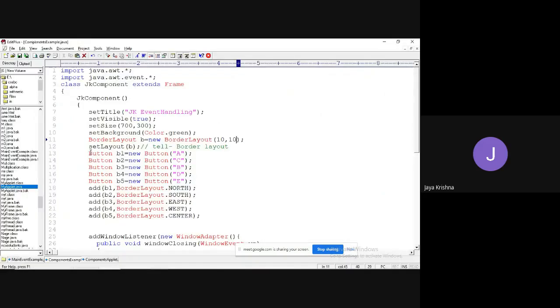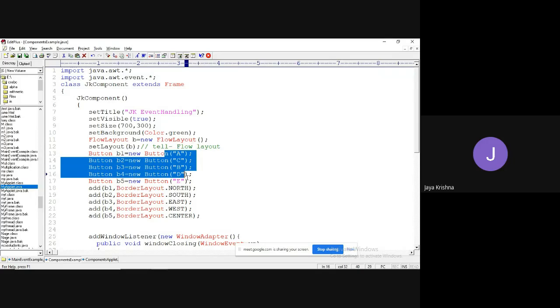Right now, the flow layout is not the default layout for the frame. Now I am trying to apply my own layout for the frame. So that is why I am taking the flow layout. I'm not changing anything else. I have created the flow layout, and I'm telling the container that I am using flow layout.